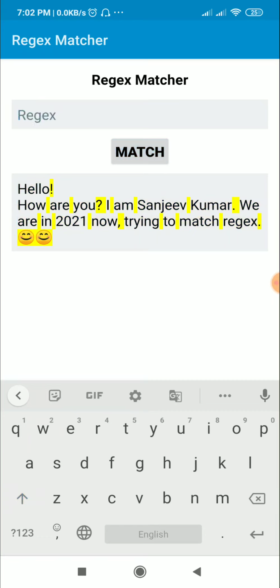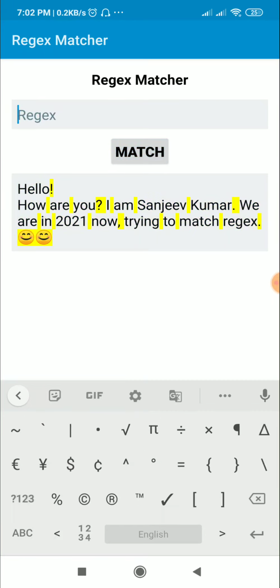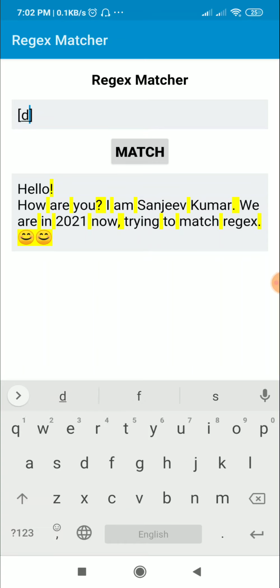Okay, and we can put ranges also in the square bracket. We can add everything which is to be included. So it can match D. Okay, there is no D here. So suppose I match A, it will match all the A, and then B. So it will match A or B. There is no B here. I will put N. So it will match all the A and all the N,